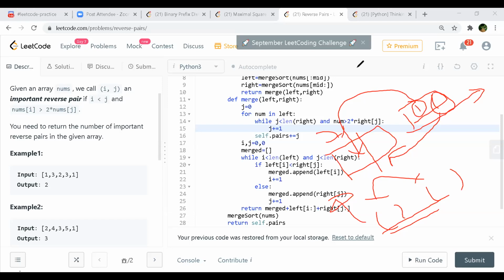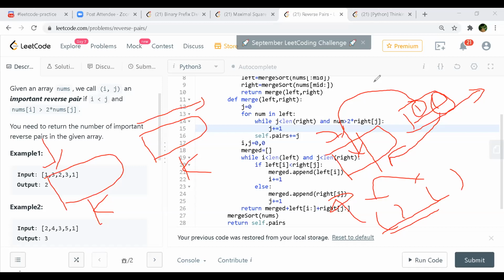Harshit also was saying something, Shashank. Yeah, go ahead. On line number 13, what is the complexity for this for and while loop? It will be like, let's say at every stage, if you have k elements here, this is the left and this is the right element. Right element also k. So we'll take one element here and keep on increasing the pointer. So k into k it should be.